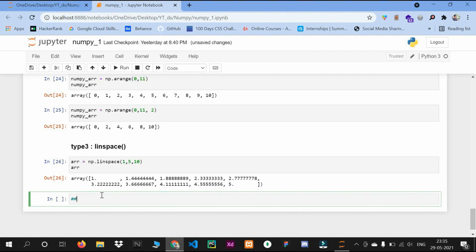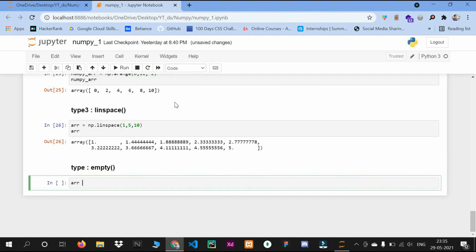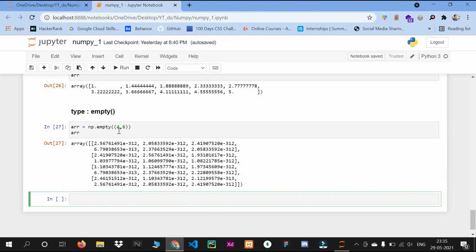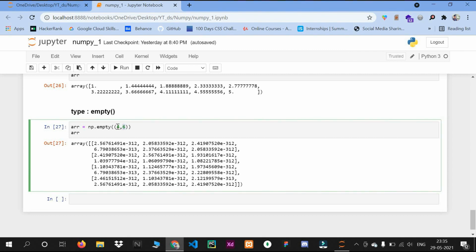The fourth type is by using the empty function. I will create one array variable with empty, and in this I will pass 4 and 6. You can see the first one is rows and the second one is columns.